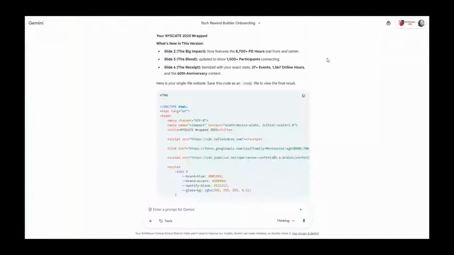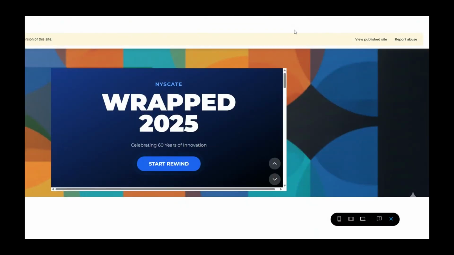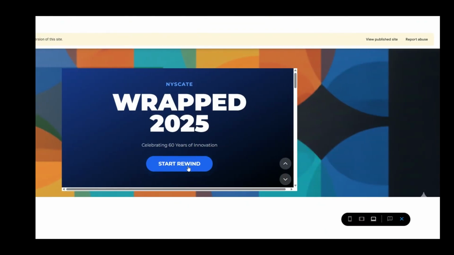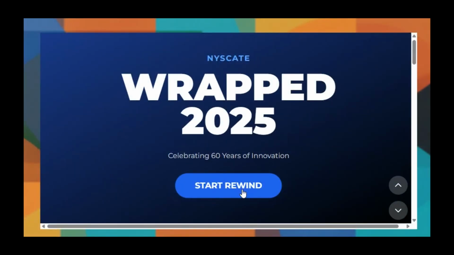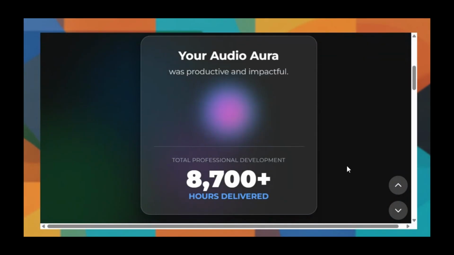Here's the gem. And again, a gem is just a prompt that is repeatable and shareable. And we're going to have our own video on gems. You can copy the code and then bring it into something like Google Sites and actually paste it. So here is the Nightscape Wrapped for 2025. So we had over